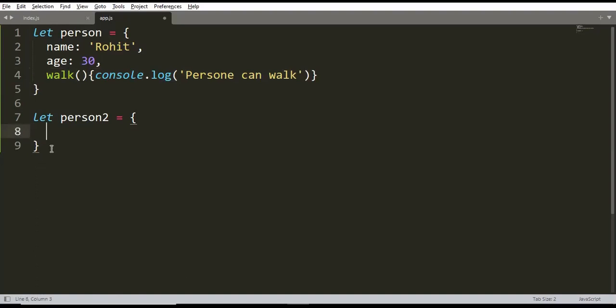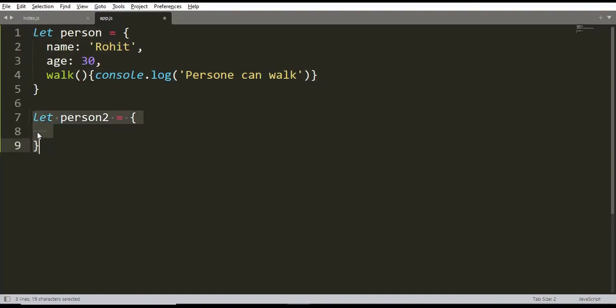What is the solution then? The solution is class. Now, when do we need classes? We need classes when we have an object with at least one method. Why do we need a class? Because just like I mentioned, this object holds information of one person. This object will hold information about another person.